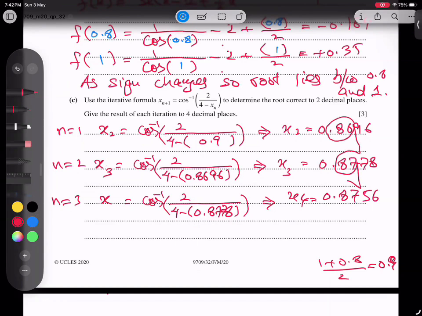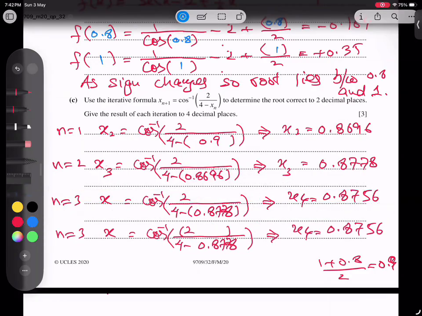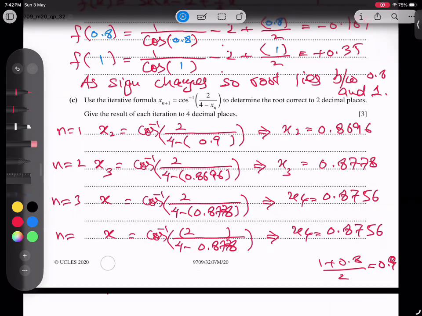So check if 2 dp start matching. Now they are, but we have not confirmed whether this third digit is rising or not. So I will go for one more iteration. Okay, and now, students, I'm replacing this x4. This I'm erasing now here. And this is x5, and let's see what answer turns out to be. So here I'm getting 2 over 0.8756. Now let's see, students. I'm getting the answer